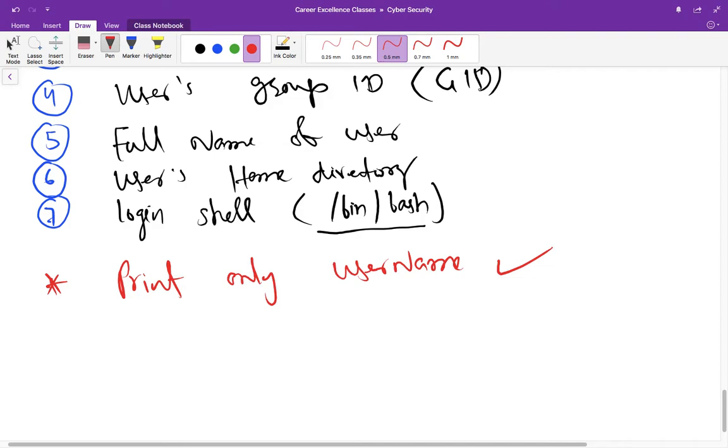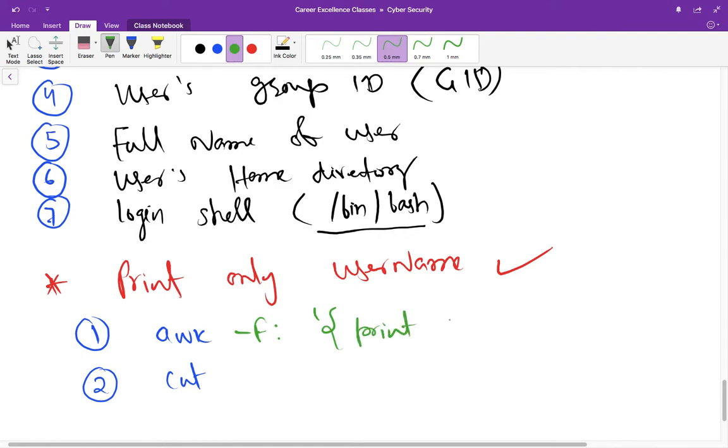You can use any of these commands. The first command is awk, and the second is the cut command. We will learn the details in the future, but as of now you can just learn them. Awk -F then colon, meaning the entries are separated by colon, then print $1.